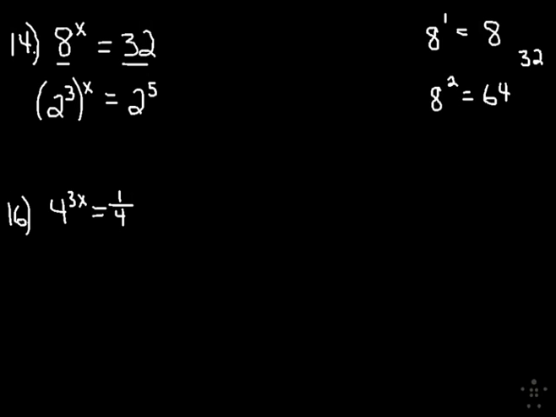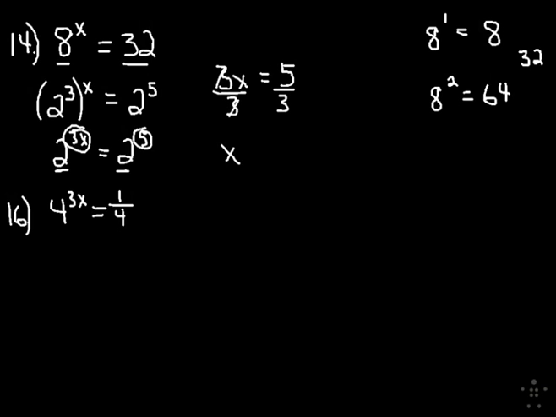So if you multiply power on power here, you get 2 to the 3x is equal to 2 to the 5th. Now, when you have the same base on both sides, that means these two exponents must be equal to each other, because you've got the same base number. So then you just say, all right, 3x is equal to 5, and then solve for x, so divide by 3, so x is equal to